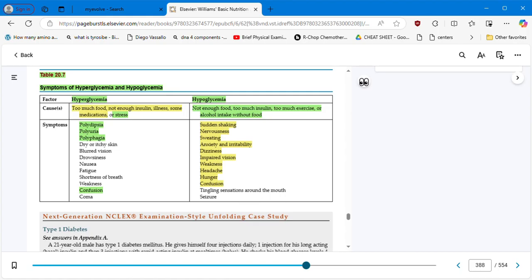In terms of hypoglycemia, the cause could be not enough food, too much insulin, too much exercise, or alcohol intake without food. And we understand why alcohol can be the cause of hypoglycemia. And then the symptoms in hyperglycemia: polydipsia, polyuria, polyphagia, dry, itchy skin, blurred vision, confusion, right? To the point that sometimes the patient is going to tell you,